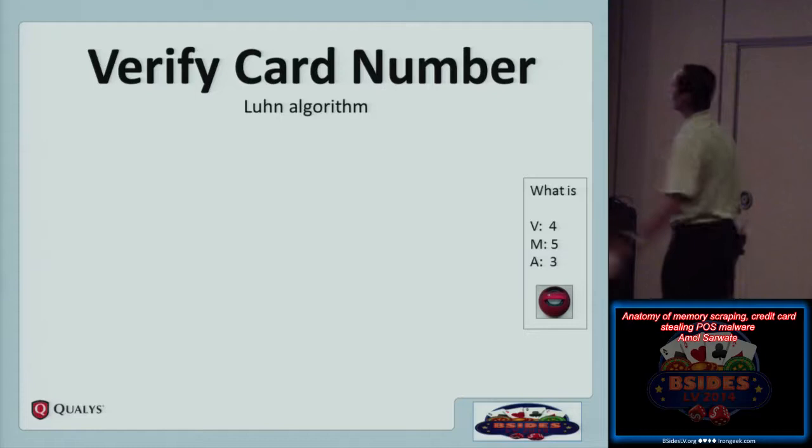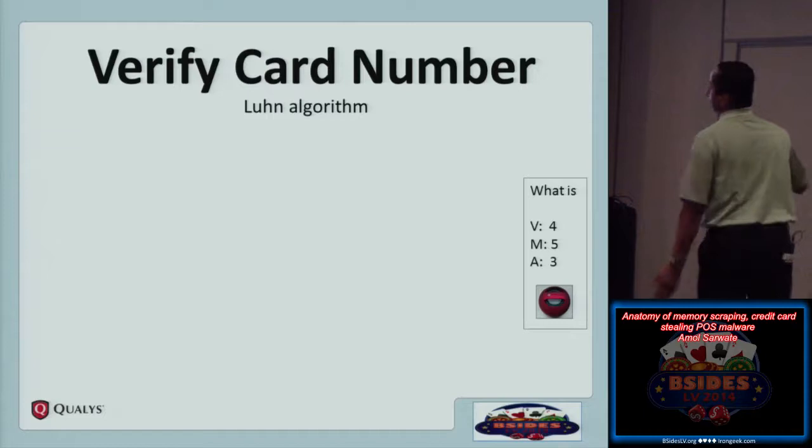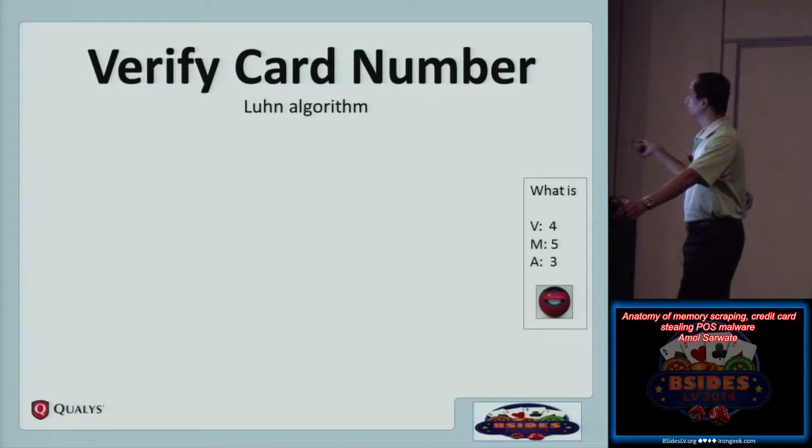Yeah, those are the first numbers of the credit card. So basically, all MasterCard numbers, if you get a credit card from your wallet, would start with 5. If you have a Visa card, it will start with 4. If you have American Express, it will start with 3. These are the first digit of your credit card, and all the other cards also have some fixed digits. So you could either do that, or you could do the Luhn algorithm, which verifies if any credit card number is good or not.